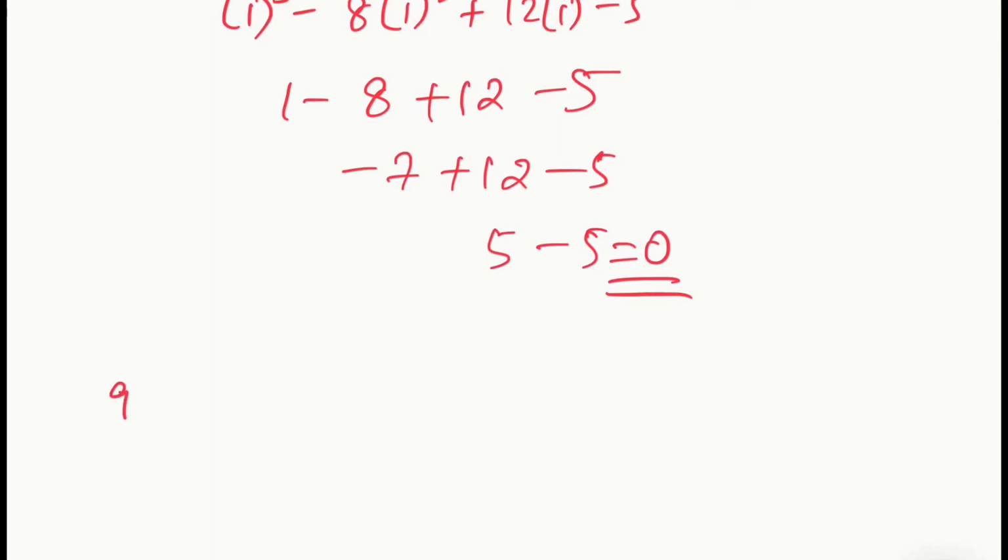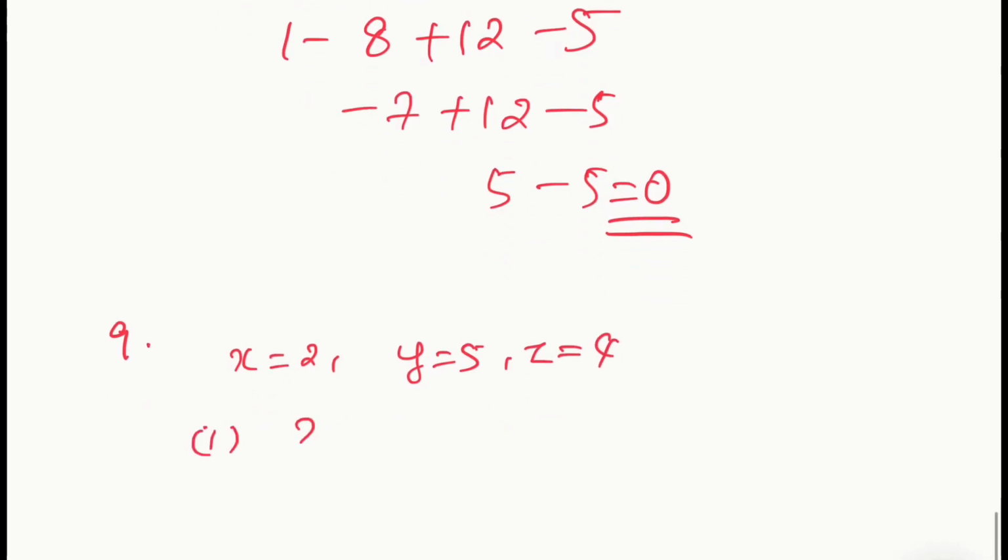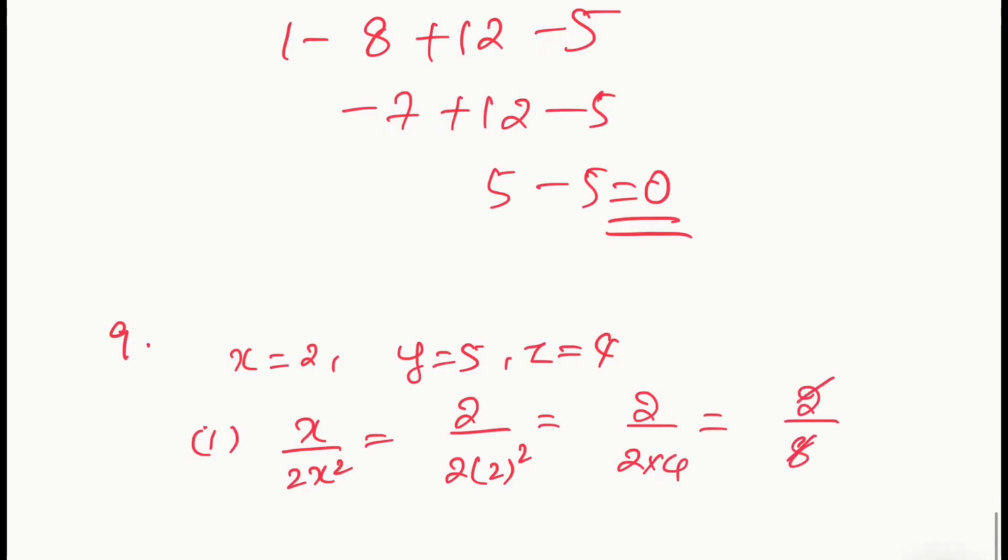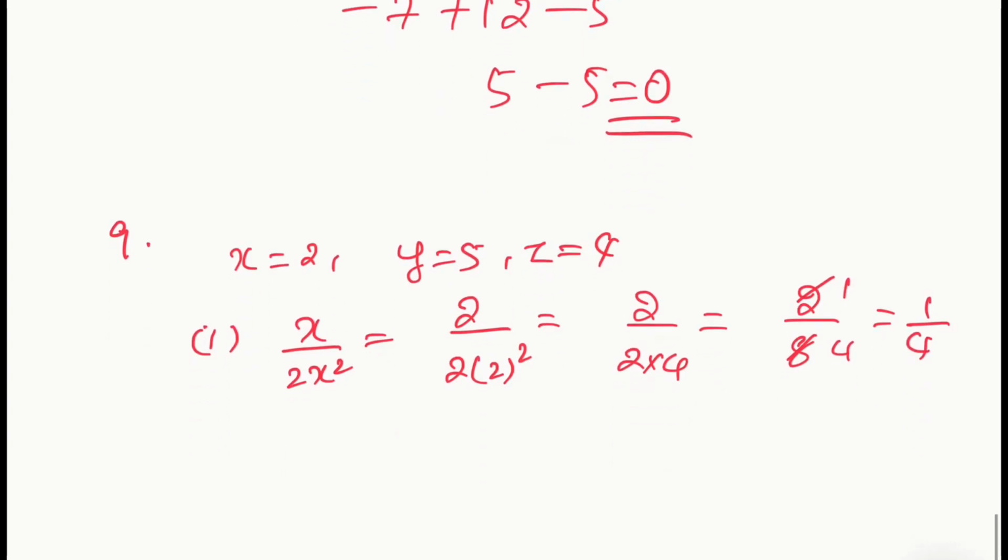Coming to the ninth main, you have if x is equal to 2, y is equal to 5, z is equal to 4. First one you have x by 2x square. 2 by 2 into 2 square. 2 by 2 into 4. That is equal to 2 by 8. 1 by 4 will be the answer. Okay. Second one you have